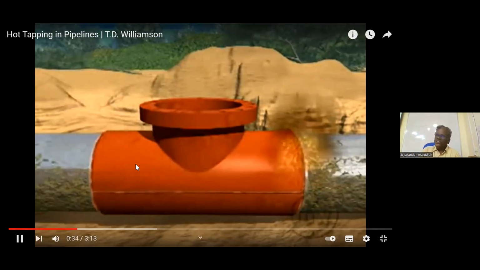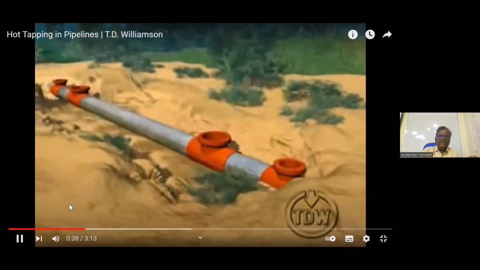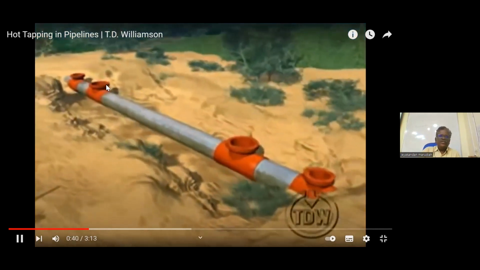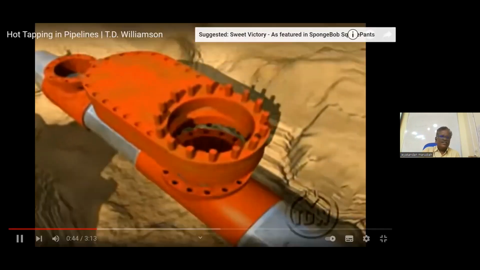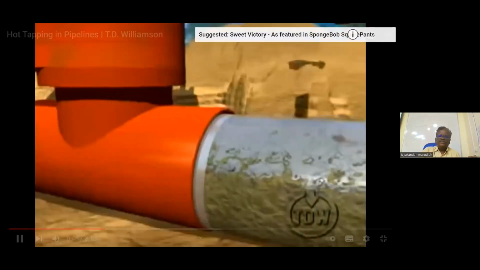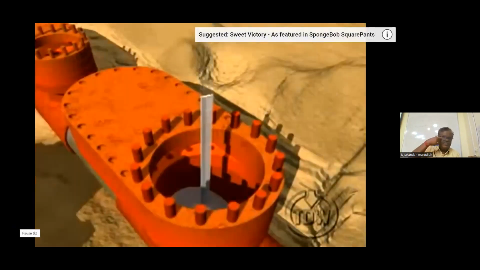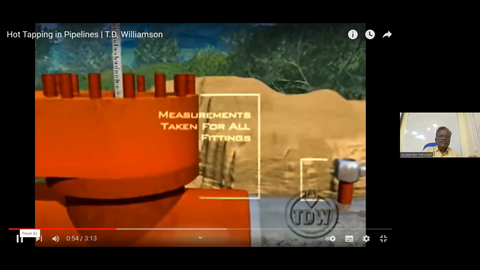Now there is no hole. Inside there is a liquid. This hole we have to make. After that, we will install the valve over this. You can see the pipe now, there is no hole. We will install the valve. Then after the valve installation,